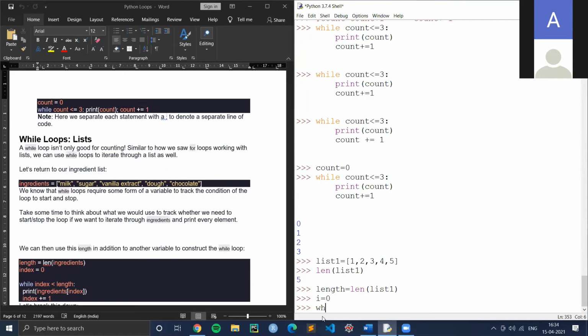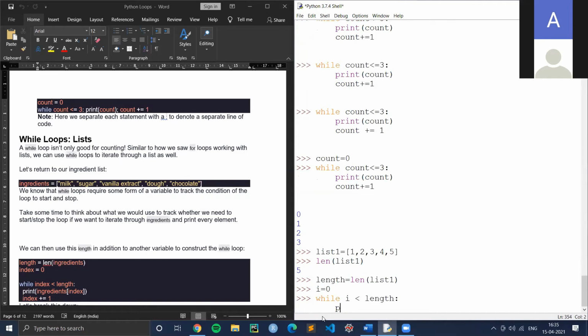So I will write while i, my variable which I have initialized to 0, is less than length, the length variable, and there has to be a colon. What I'm going to do is the same thing: I'm going to print my list.